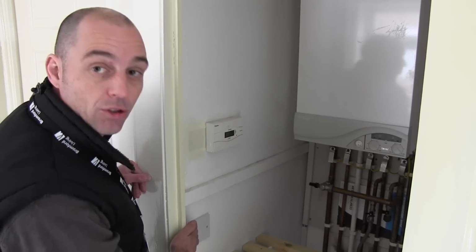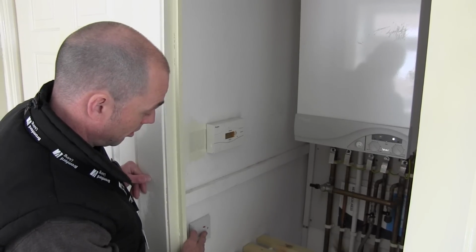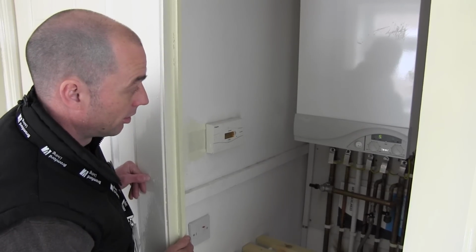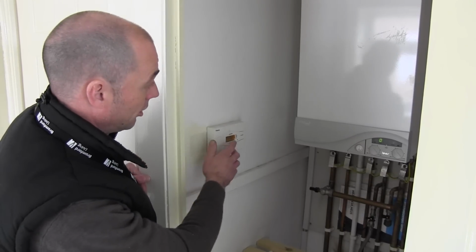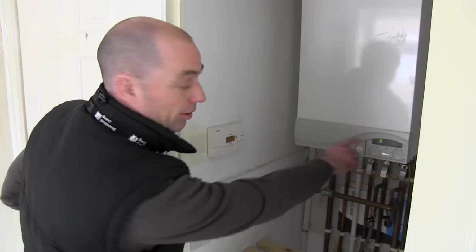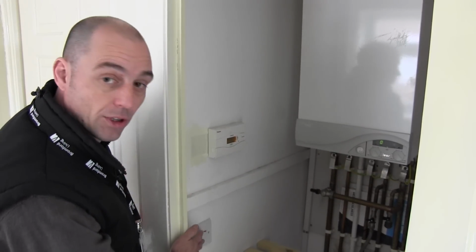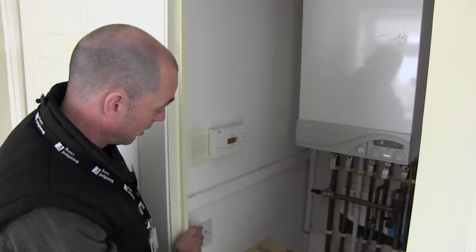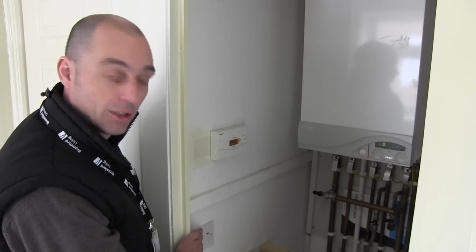so it's always worth finding the fuse spur and just making sure that it's actually turned on in that position. And it might be as simple as that, your displays will come back on and you'll have heating and hot water again. These fuse spurs are also, in the kitchen scenario, they could be at work surface height, and occasionally